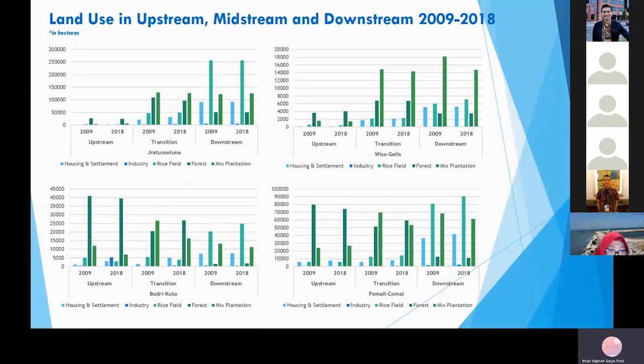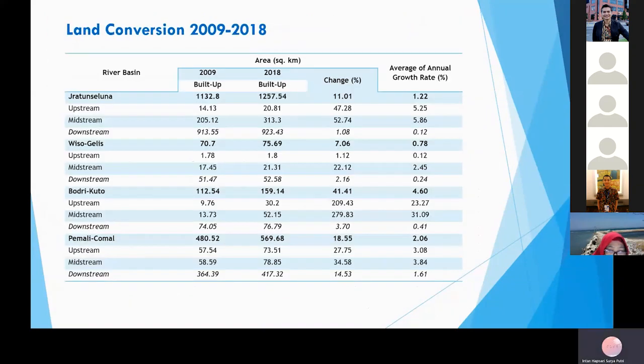And this is some of the land conversion from 2009 to 2018, that Boja Kuto has a lot of change in the built-up area. It indicates that in Boja Kuto, especially in the midstream, there has been a lot of development since the built-up area increased significantly